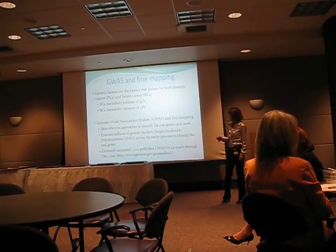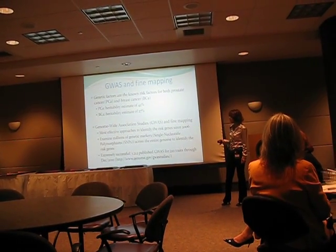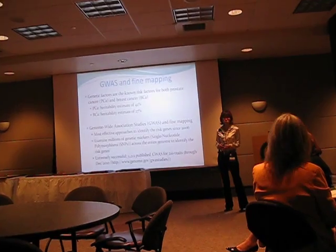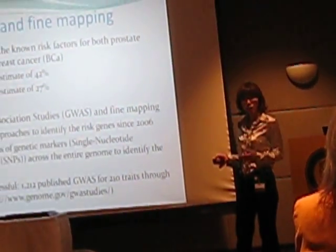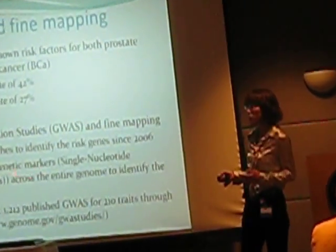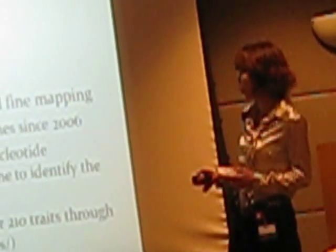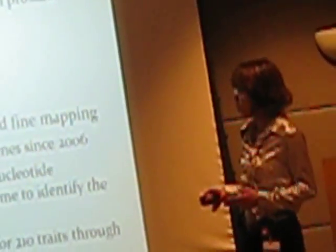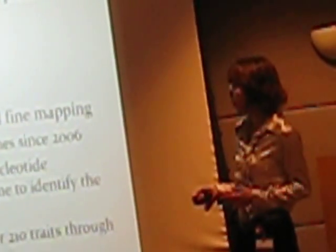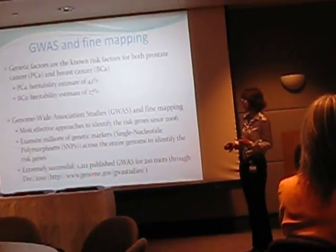Genome-wide association studies and fine mapping approaches have been the most effective approaches to identify the risk genes since 2006. So GWAS actually examines millions of genetic markers, the so-called single nucleotide polymorphisms, SNPs, across the entire genome to identify the risk genes. This approach has been extremely successful, with over 1,200 published GWAS for 201 traits until the end